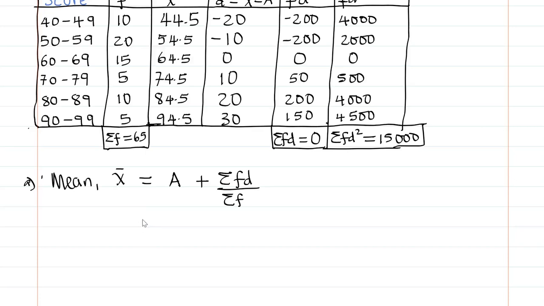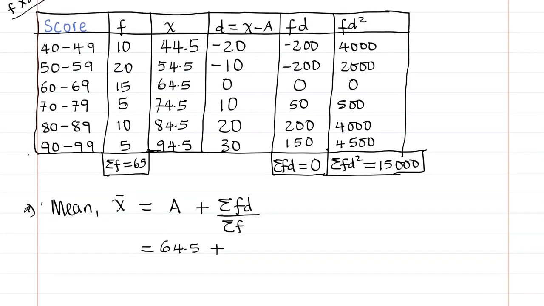We were given assumed mean as 64.5 plus the summation of FD. This is our FD column and the summation was 0 here. So plus 0 over summation of F,